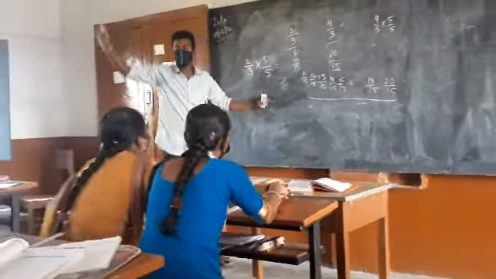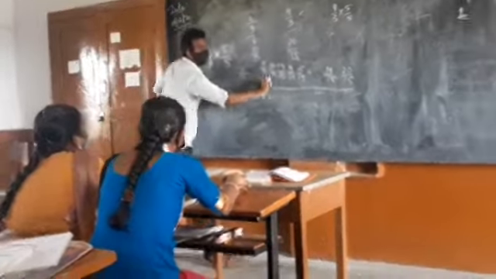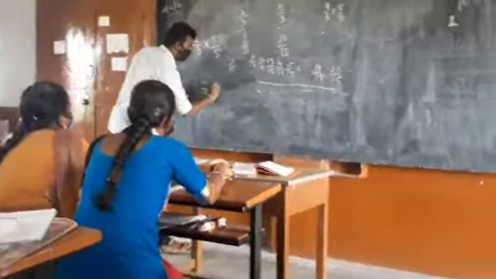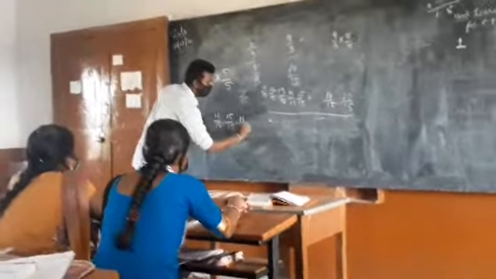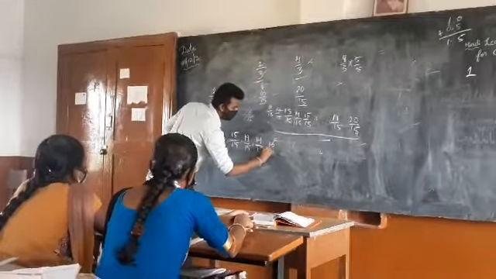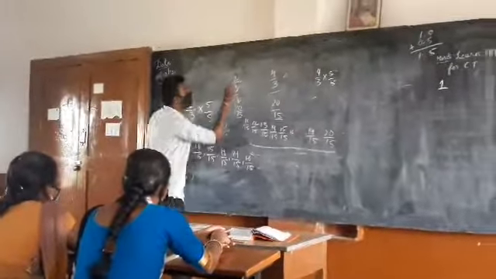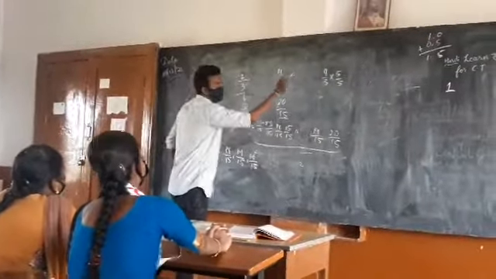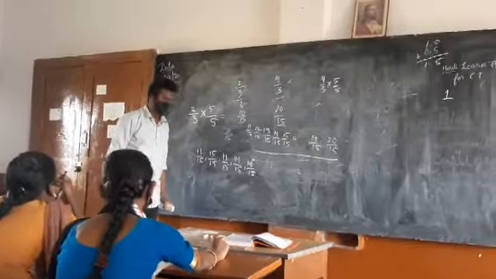So without looking, you can directly write 11 by 15 or any of 5. Any 5 you can choose. 15 by 15, 19 by 15, 14 by 15. One more. 5 we need to find out, right? 16 by 15. Are these rational numbers between 2 by 3 and 4 by 3? You all understand? Yes. Do you understand?